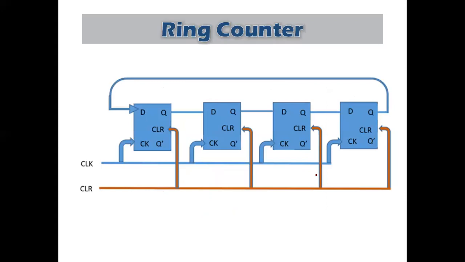So this is one of the applications of the shift register. It is the ring counter. So what we have here, the clock is applied to all the flip-flops, and then the output is taken back to the input. See, the output of the last flip-flop is connected back to the input of the first flip-flop. So if I apply 1 here, the 1 will keep on rotating inside my counter. So that is the ring counter.